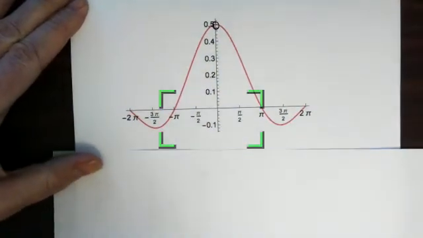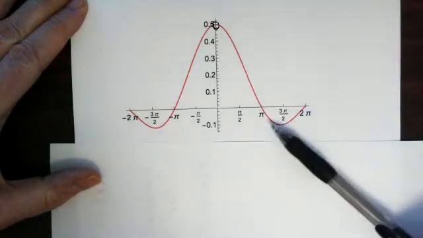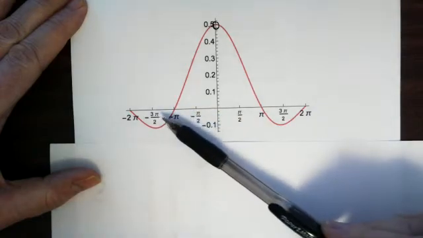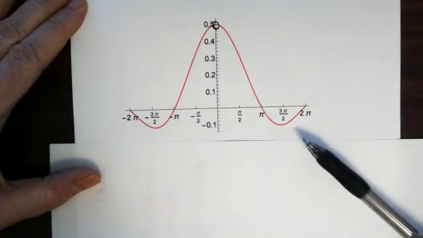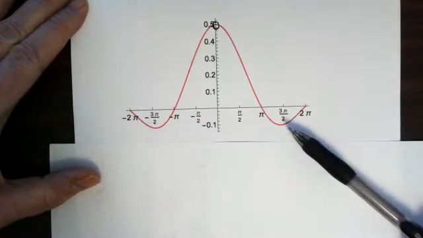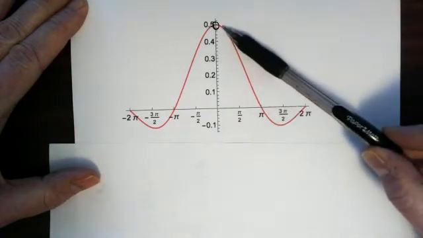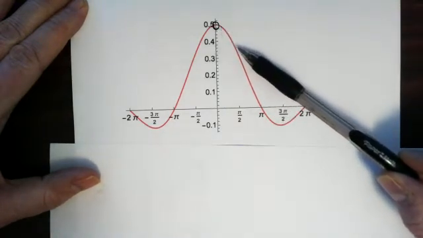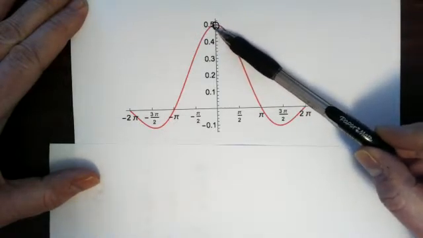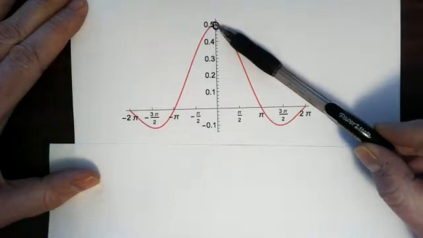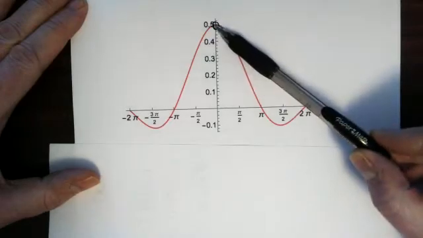Here's the graph, and we can see the intercepts at 2 pi, pi, minus pi, and minus 2 pi. Now, we said that the function was undefined at the origin. So we might expect a vertical asymptote, but we can see that as we move along the graph towards x equals 0, the outputs, or the heights on the graph, are getting closer and closer to about 0.5. But on the other hand, the function is undefined at 0, so I really have to make sure that there's